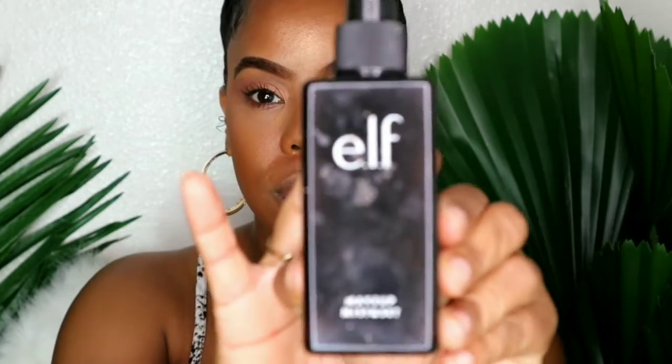All right, so we're going to go in with some setting spray now. I'm going to be using the e.l.f. setting spray. This is the Mist and Set. And like I said, you guys, I love this stuff. It works so good. It's very hydrating. And it's just the perfect setting spray for a very affordable price. I think I paid $6 at